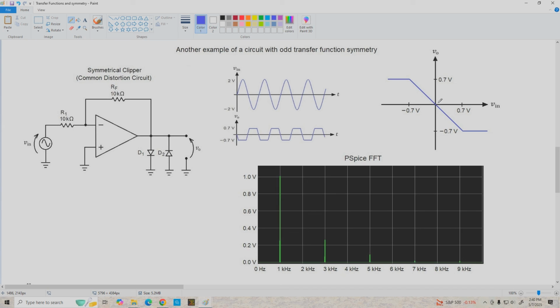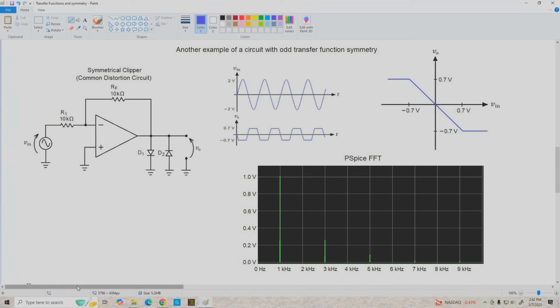It is an odd function. We've got symmetry about the origin. So we would expect the output to contain only odd harmonics, and running through a PSpice simulation, I posted the FFT of the output signal here, and we can see we do get the original fundamental on the output plus 3, 5, 7, and about up past 9 kilohertz. We don't really see much of anything else, so we are getting the odd harmonics in the output as we would